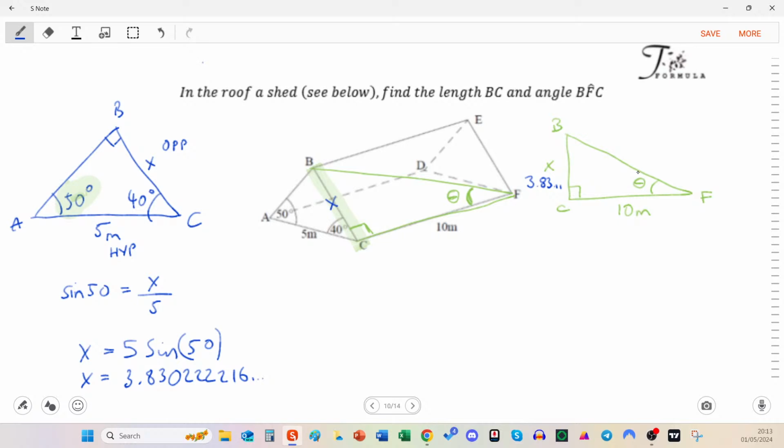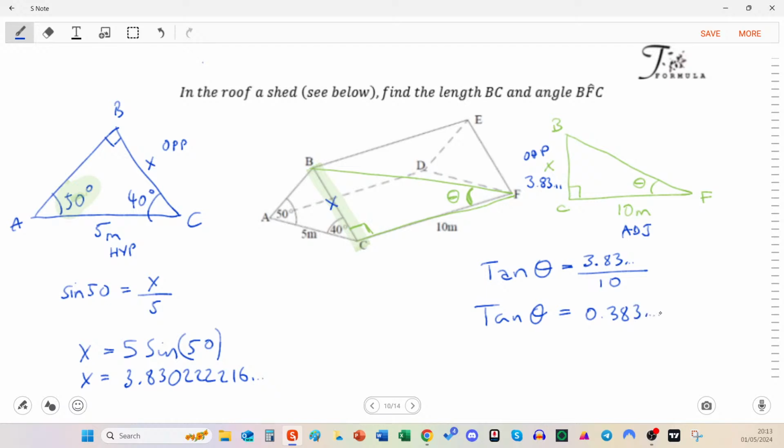Now, if we wanted this angle, we just have to use a different ratio. So in this case, this is the opposite. And this is the adjacent. Oh, I didn't know that, but it is tan after all. So tan of the unknown theta is equal to the opposite, which is our 3.83... all over the adjacent, which is 10. Okay, so now we've got that number 3.83, etc. in the calculator. We'll divide it by 10 straight away, and we get 0.383. So tan theta equals